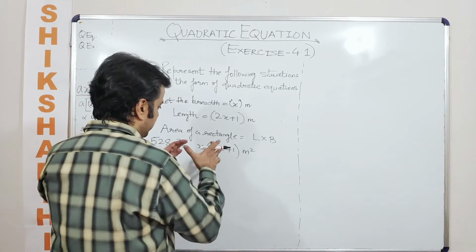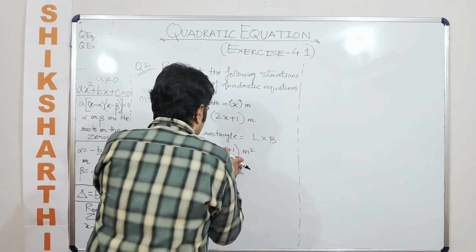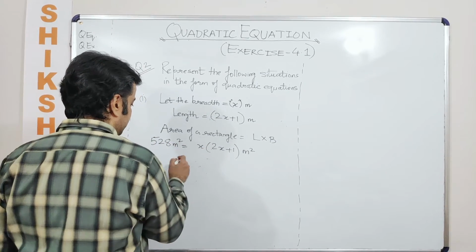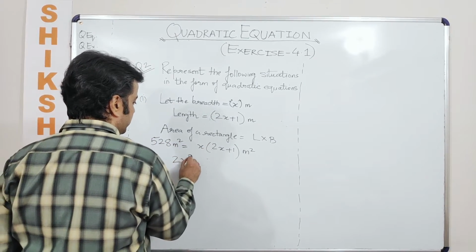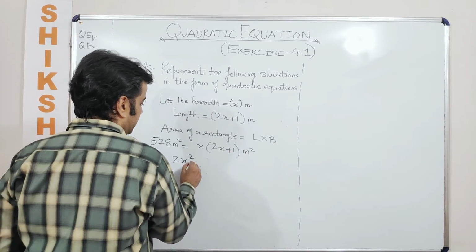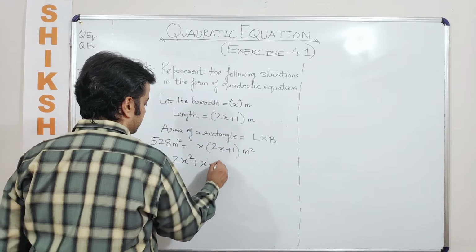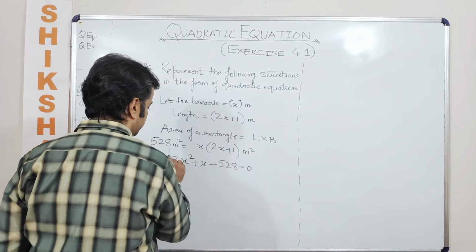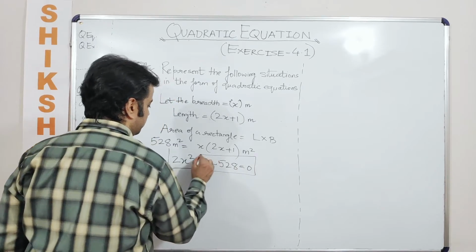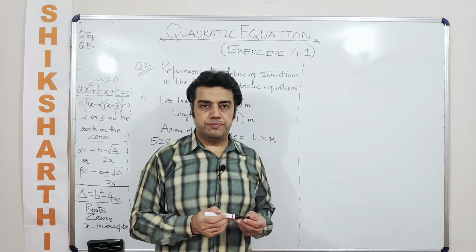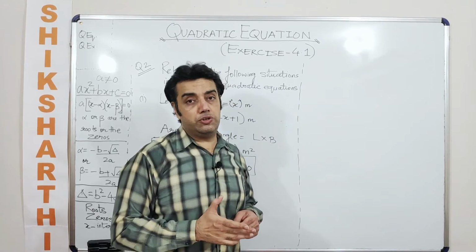Now you know that you are equating a quadratic equation with a constant term on the other hand side. So can I say finally 2x square, when I bring this on the other side, which is the right hand side, plus x minus 528 is equal to 0 is the quadratic equation which is represented because of the pieces of information given in this question. Let's move on to subpart 2.